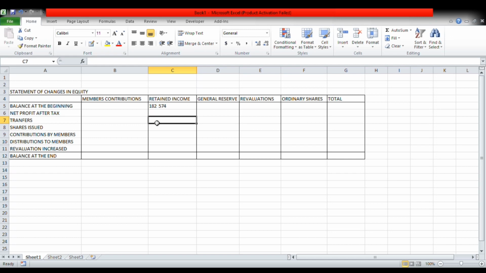So because we took the amount from the retained income, under the retained income, that amount of 19,600 must be indicated inside the brackets. Then we took that amount of 19,600 to the general reserve. So here it is going to be indicated not inside the brackets, 19,600. So obviously the total is going to be 0, like this. It's none, but don't write 9, just write 0, right? Okay,